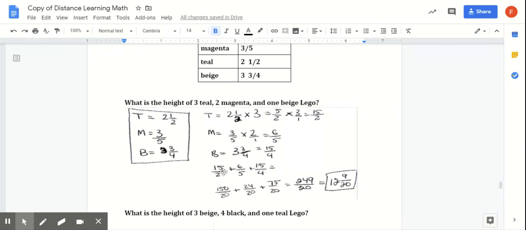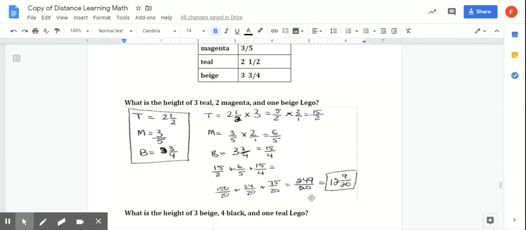But again, I'm going to notice that we don't have a common denominator and we cannot add unlike units, so we must find like units. I know that all these denominators have 20 as a common multiple. So I'm going to make equivalent fractions. And once I do that, I'm going to get 150/20 plus 24/20 plus 75/20. And in total, I'm going to get